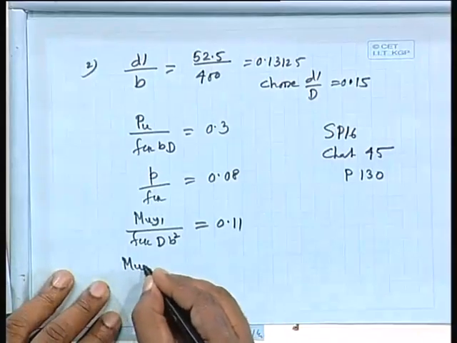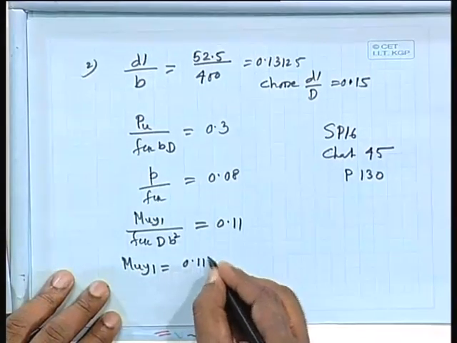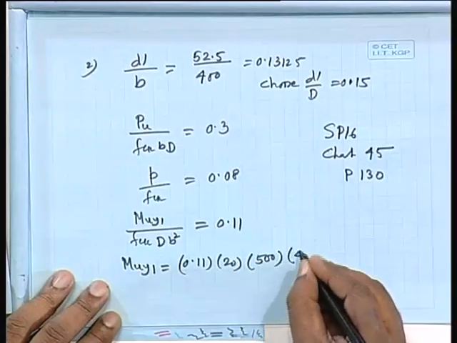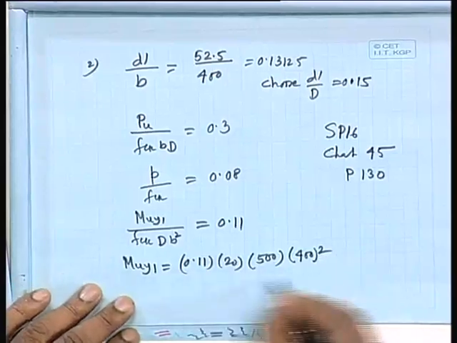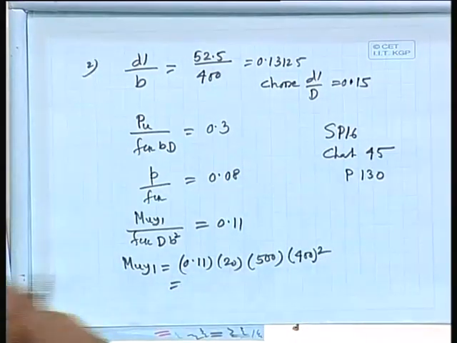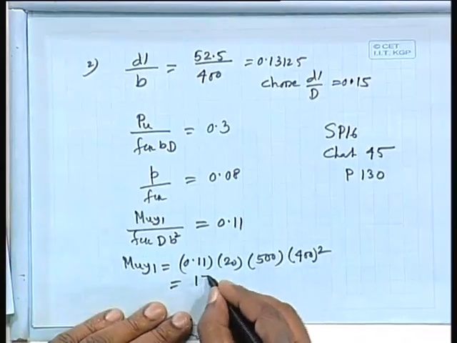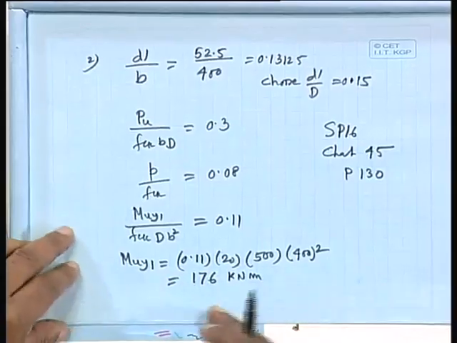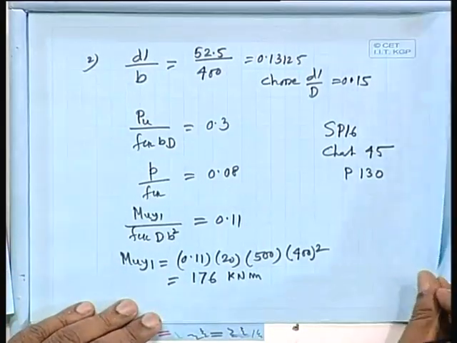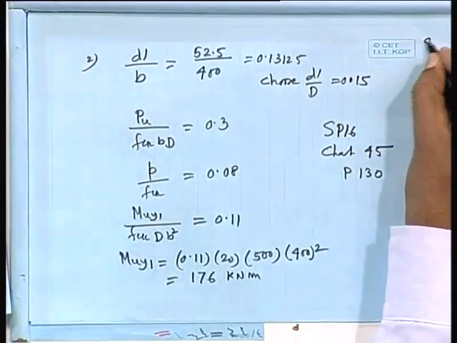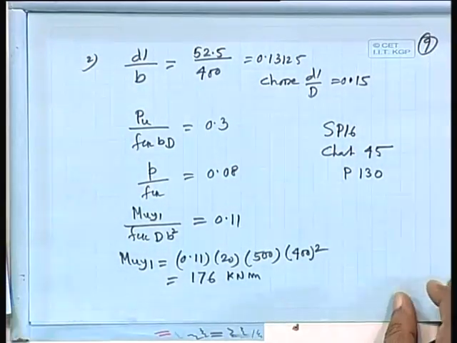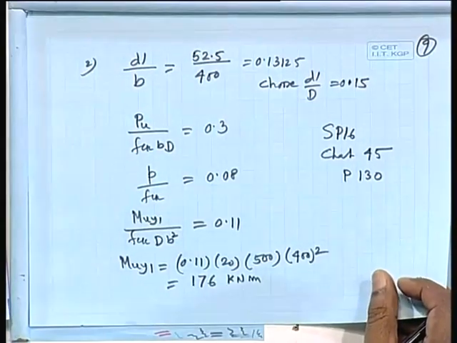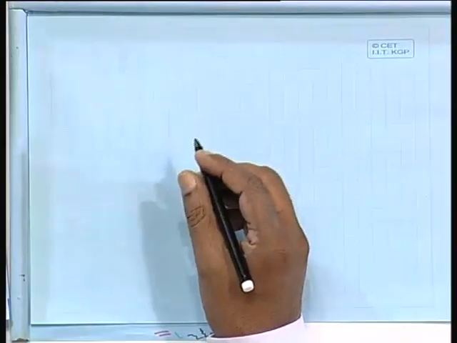So, MUY1 equal to 0.11 times 20 times 500 times 400 whole square. 176. So, let us check, shall I accept it? 176 kilonewton meter, right? Okay. So, MUY1, that is 176 kilonewton meter. So, we know MUX1, we know MUY1. What about PUZ? So, PUZ equal to